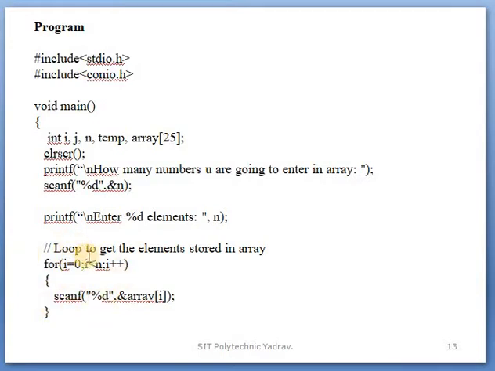In that, the comment says: loop to get the elements stored in an array, meaning using a loop we get the elements, that is, input those numbers. Okay, input those elements in an array. In that we use the for loop because in an array many numbers are there, and when each number is input, one statement or one input function is repeated until your array is complete. So in that we use the loop. Okay, and generally the for loop is used for arrays, so we take the for loop.